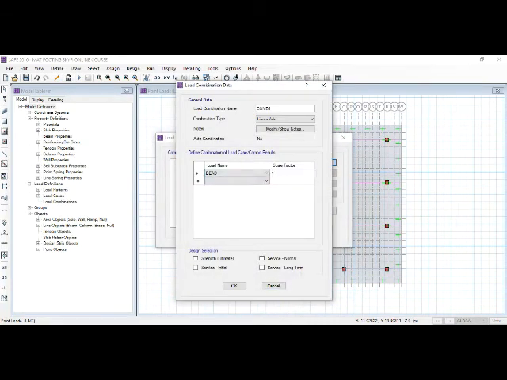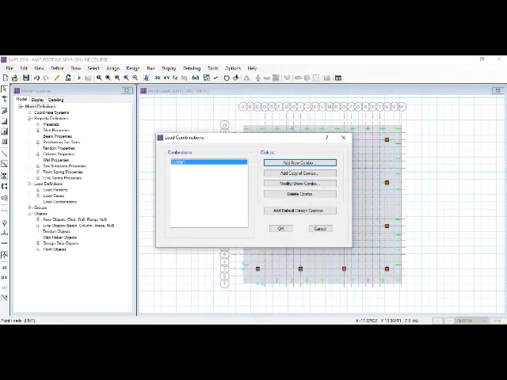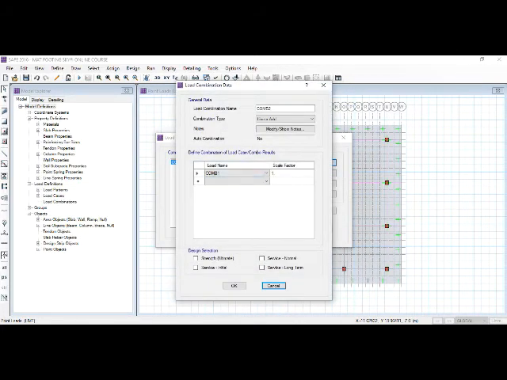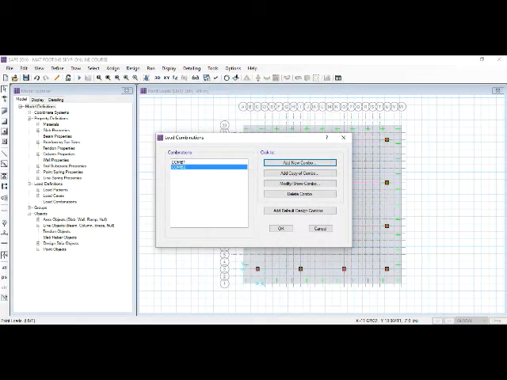So the load combination with a factor of safety of 1.5 is for the strength criteria. So select accordingly the strength criteria and then the second load combination will be for serviceability. So accordingly select the initial, final and long-term deflection values with a factor of safety of 1. So once you complete the load combinations, then you can analyze the mat foundation.